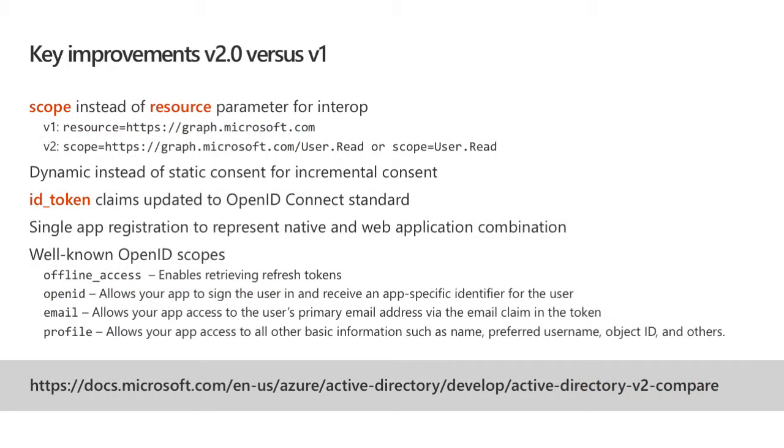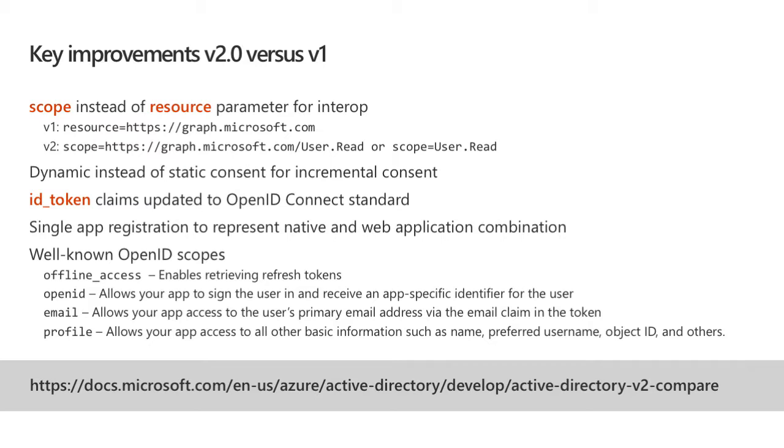So some of the key improvements from V1 to V2 on the authentication endpoint. In the V1 endpoint, we had to provide a resource parameter to identify which resource we were requesting an access token to. And unfortunately, open source libraries were not able to easily incorporate that into their requests. So now we use a scope parameter, which is supported by all libraries, to compound the resource and the permission